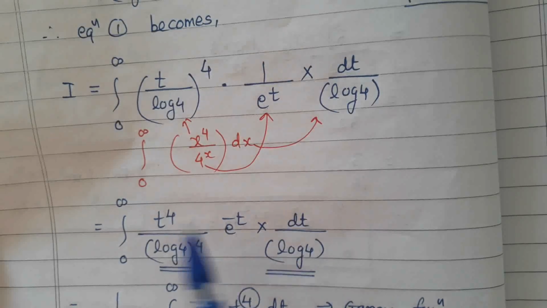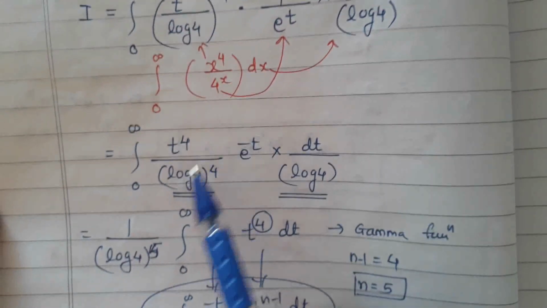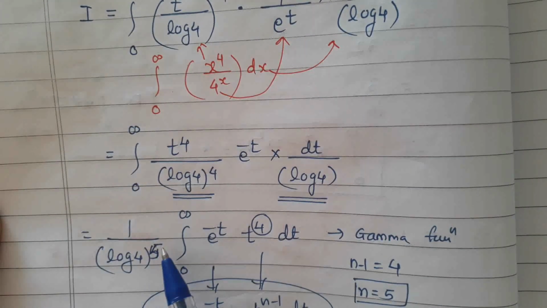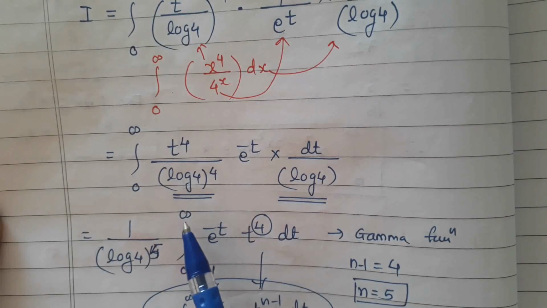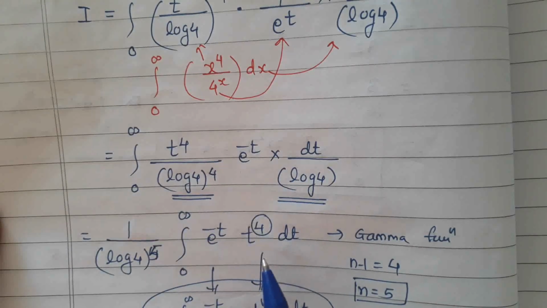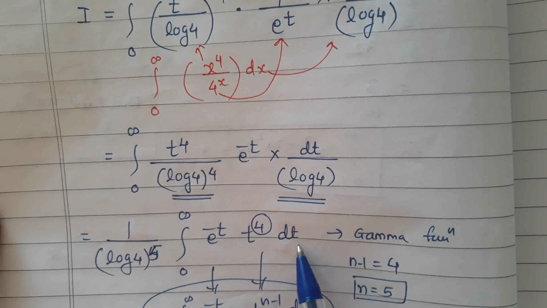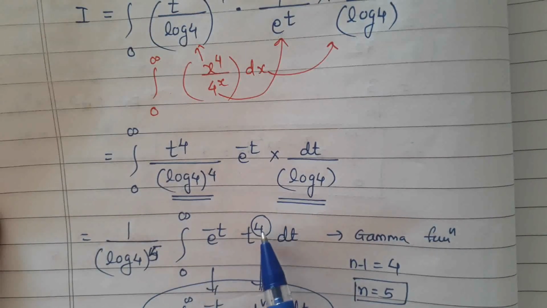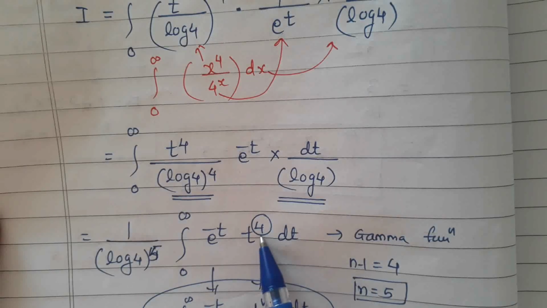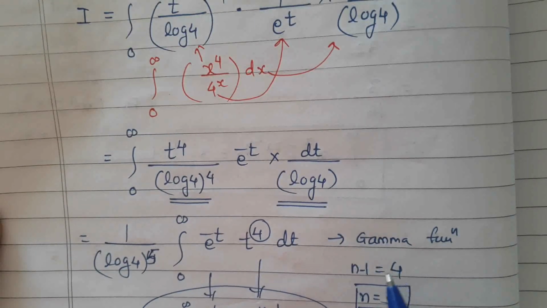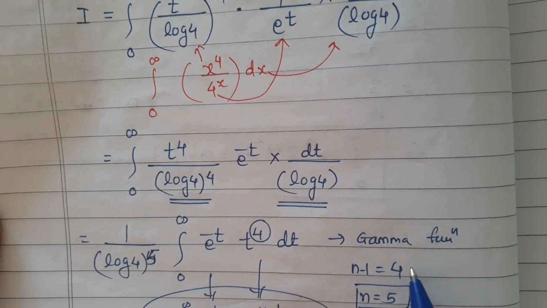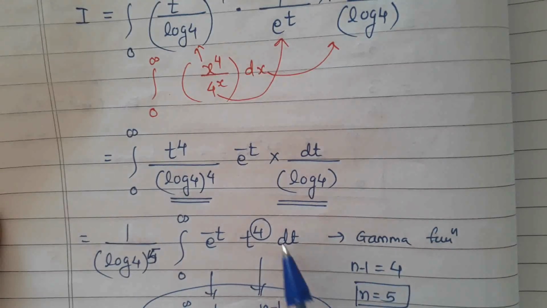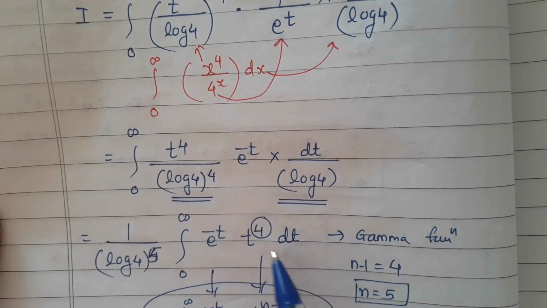It is a constant, so take it outside the integral. So 1 upon log 4 raised to 5, integral 0 to infinity, e raised to minus t, t raised to 4 dt. Use the definition of gamma function. Find the value of n by comparing the power of t with n minus 1. n minus 1 is equal to 4, n is equal to 5. Value of this integral is